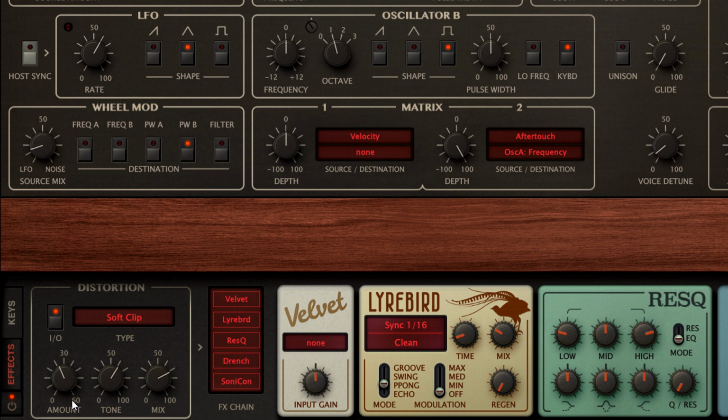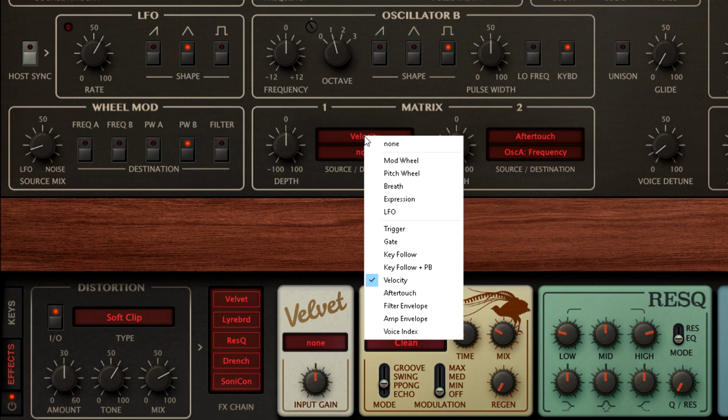This sound works well over a wide range of the keyboard, but lower notes sound good with more distortion to add extra harmonics and a bit more volume, while higher notes risk sounding harsh if the drive is too high and sound better cleaner. So I'll click the first modulation slot that we haven't used yet and choose Key Follow. Either of them will do.